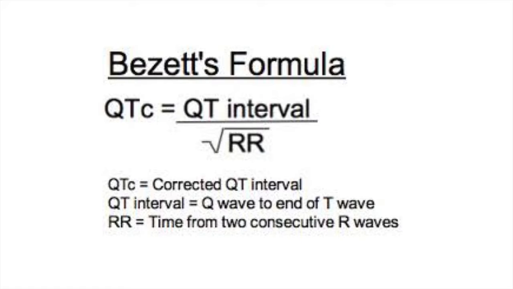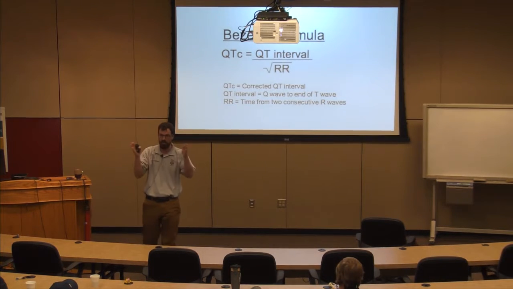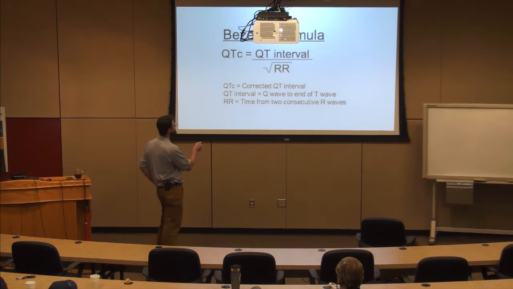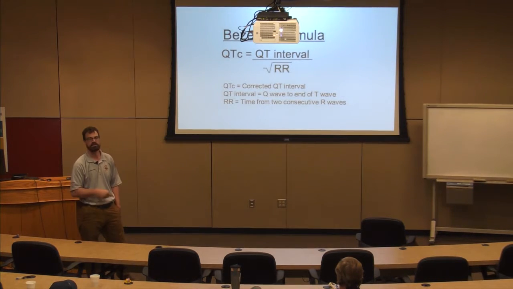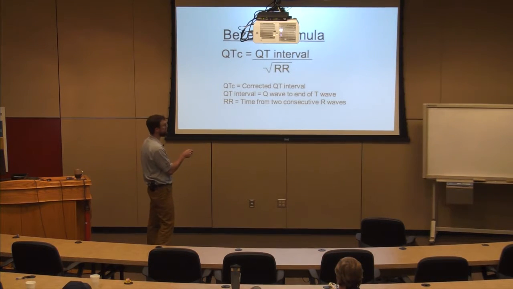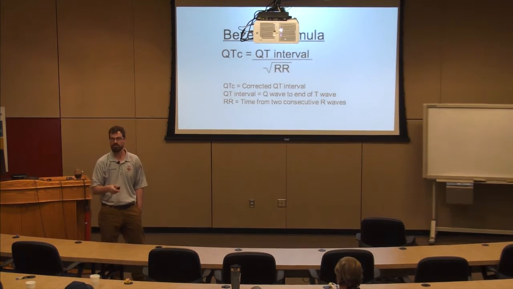Typically, our QT interval will be reported on an EKG. And again, I'm looking for less than 500. That's what I care about. When the rate gets really fast, it's hard to eyeball what's half the RR interval and what that really matters. So there's a correction called a QTc. Don't worry about calculating the QTc. Most EKGs report the QT as a corrected variable. It has to do with the relationship of the QT interval to rate. So when you see QTc, it's just the corrected QT for that rate.